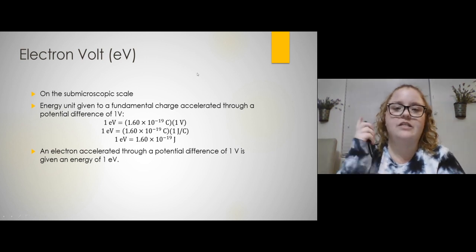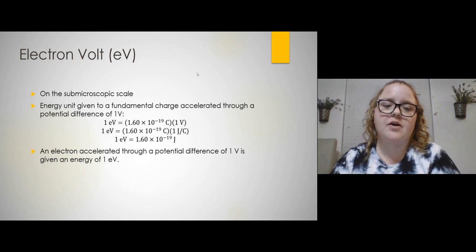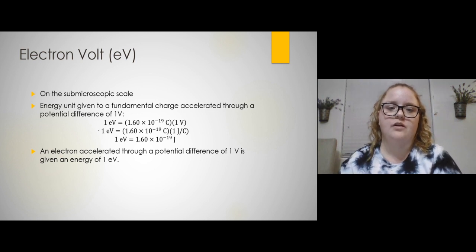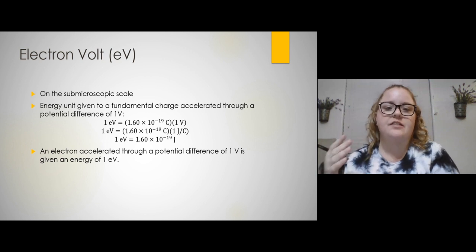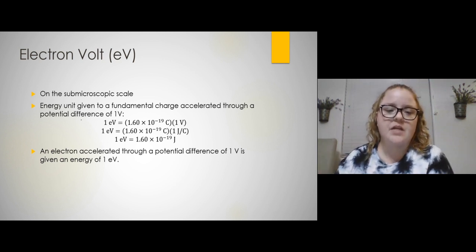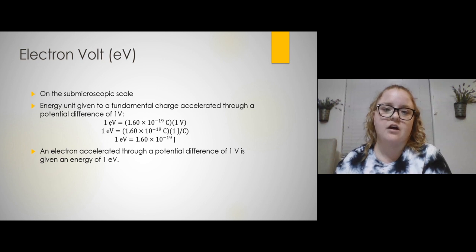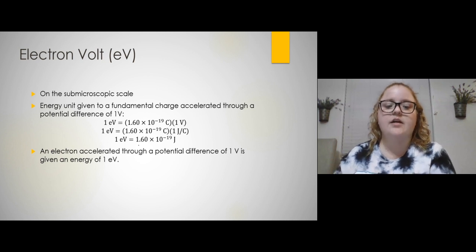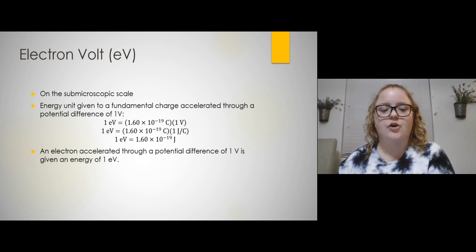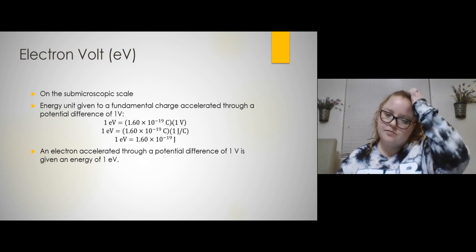Welcome back. We are going to continue our discussion talking about the electron volt, or eV. This is something that we measure on the microscopic scale, and it's the energy unit given to a fundamental charge accelerated through a potential difference of 1 volt. So we defined this as 1 eV is equal to 1.60 times 10 to the negative 19th coulombs,